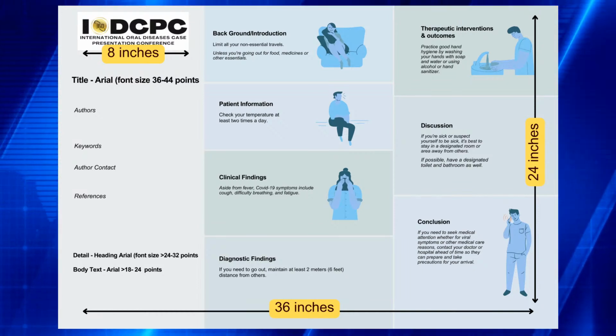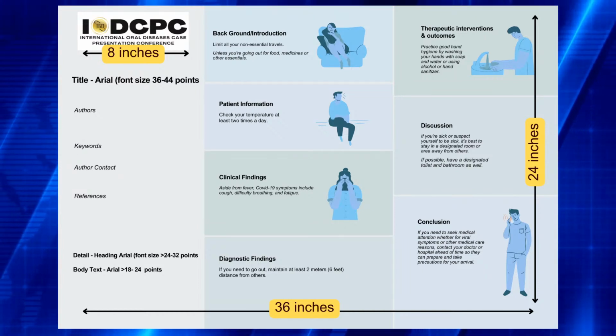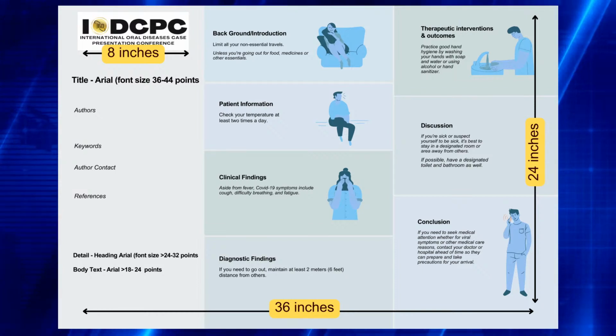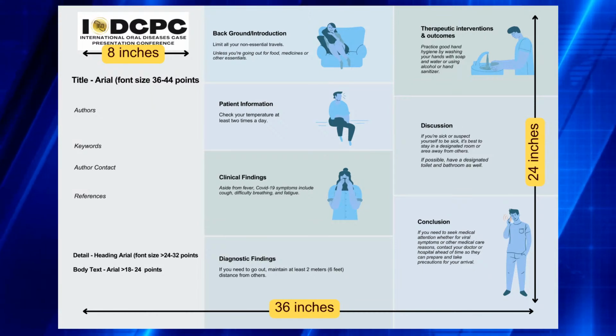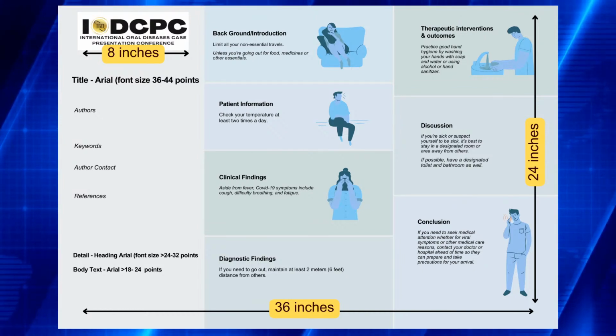And you can also put in a QR code, which is a very good thing that can be done into this, with one page made with all your details and any references you have used. These are also the maximum font sizes that I have used there. Where I have put the title is at Arial font size 36 to 44, that is actually size 44, and that's how it's going to look. And the other individual headings are font size 32, and the body text is 24.